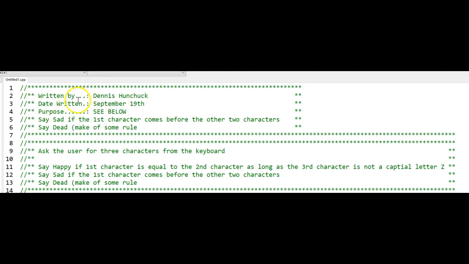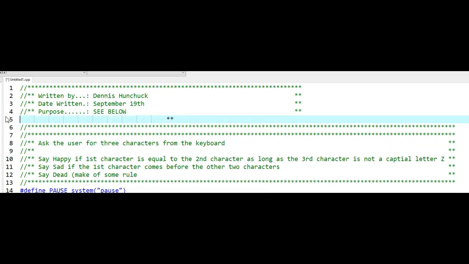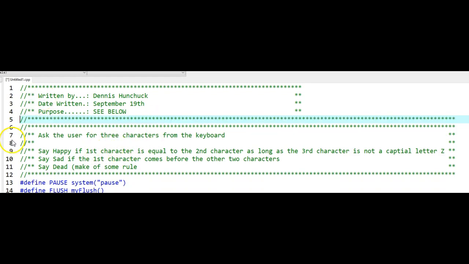Now I'm inside my C IDE, and I'm going to have a comment header. It says written by myself when I wrote it, purpose, and it's going to say see below. Matter of fact, I don't even know if I need that there, but anyway, I think this might look better. Purpose: see below. Ask the user for 3 characters from the keyboard. Say happy if the first is equal to the second, as long as the third character is not equal to capital Z. Same rule we had before about sad, and then we'll make one up. Okay. So now, let's